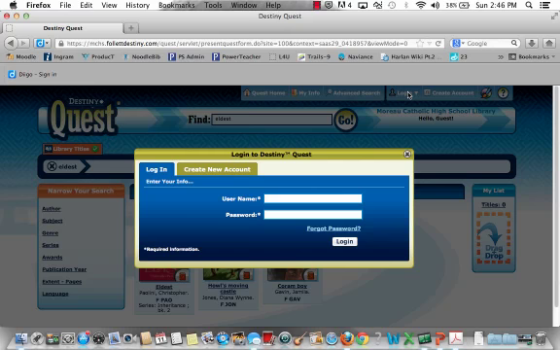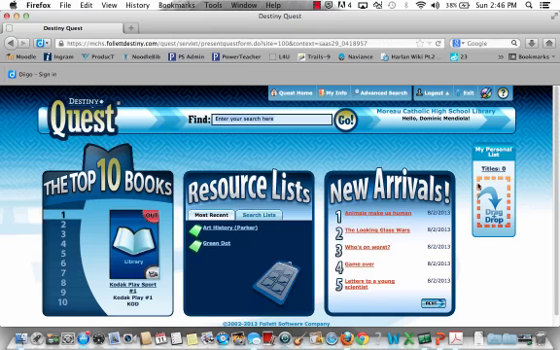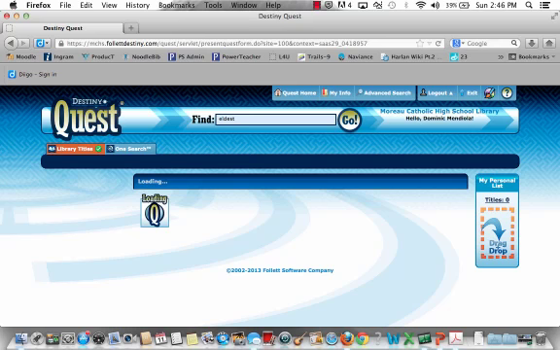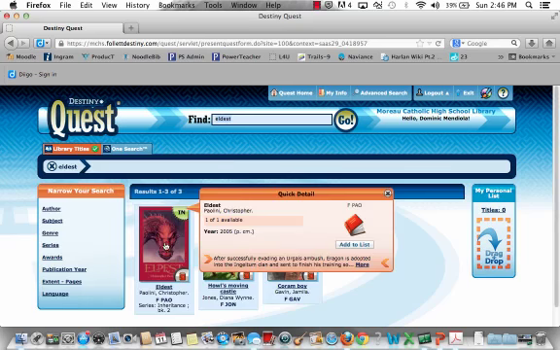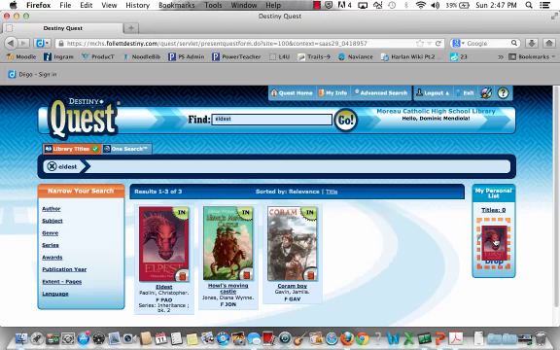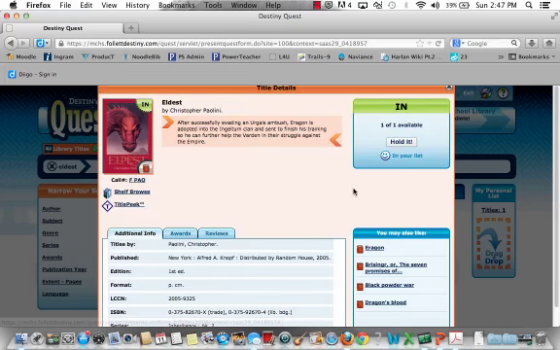And now I'm going to log in. I'm going to log in as Nico. And you'll see that this box on the right-hand side changes from my list to my personal list. So if I did that same search, I could easily drag this in to my personal list. I can also hold it. So if I click hold it, this means that this book will be held by the library team and available to be picked up by the